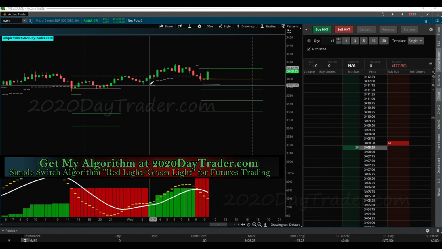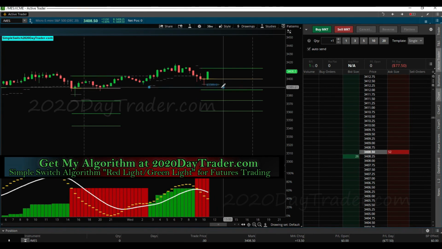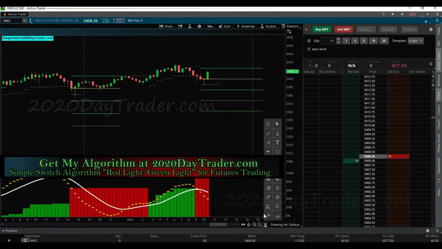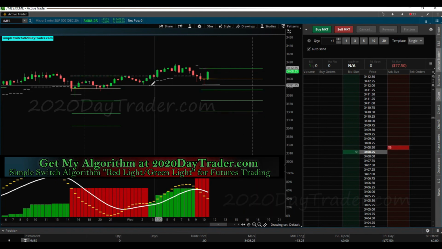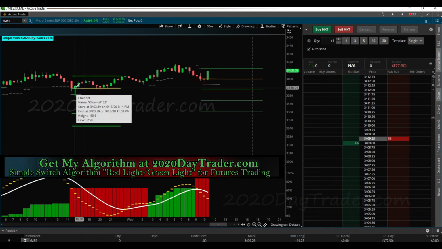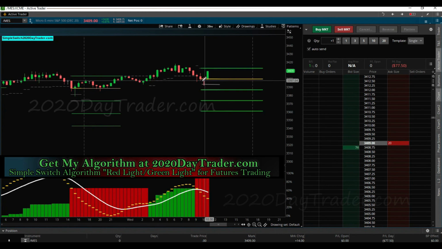I don't know if this one was a winner or not. Let's mark it up real quick. This choppy consolidation is not great. All right, let's change the tool. But I wouldn't enter a new trade on this one. Real quick, so we have a short trade here, and I won't enter it because I'm seeing it right now,